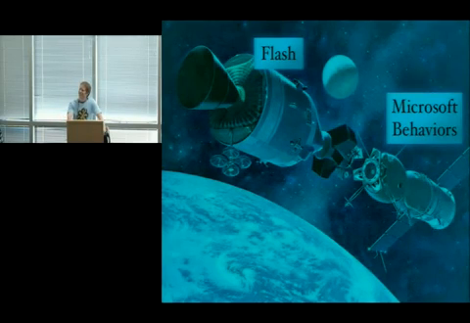The red pill is we use Flash to do the rendering. We do this for purely pragmatic reasons. I like to say I'm a pragmatic person following ideological goals. We do it because it's going to be installed where we need it on the IE instances. And then we use a technology called Microsoft Behaviors, which are very cool. I've long been a fan of them. They've been around for a long time. They essentially allow you to extend the layout engine of IE and do some very nifty stuff.